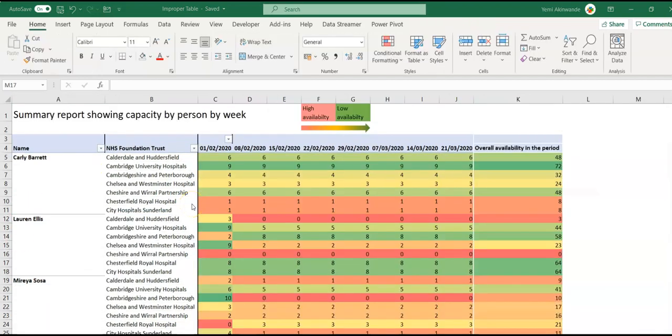This is the same table, tidied up, using conditional formatting to create a heat map. So we can see areas of high availability and low availability. Where the hours worked is low, it colors it in red, and where the hours worked is high, it colors it in green. And you have the shades in between. So you can see Carly Bennett in this week. You can get an idea of the availability. You could even remove the client and just have a total figure.